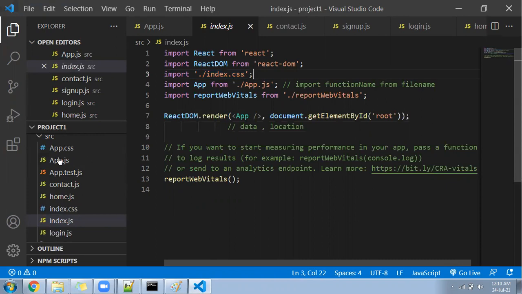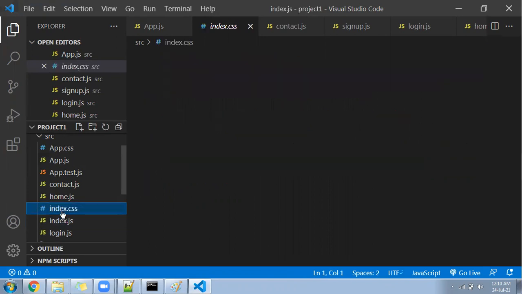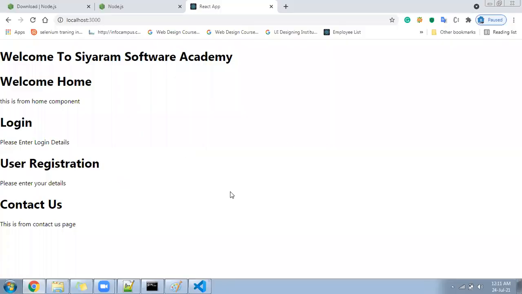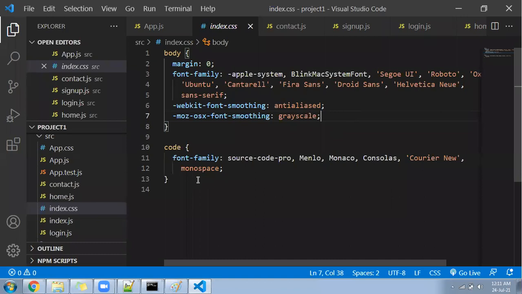Okay. I will go to this index.css file, and first I will set the background of this screen as a blue color and text as a white color. Okay, so let me write here. Okay, for now, first let me see the